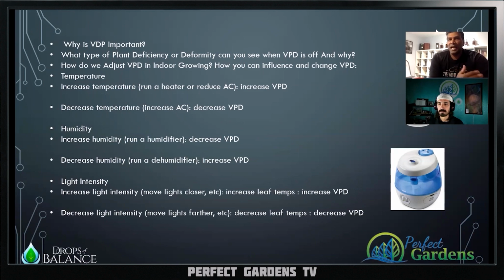It's a tool to measure the difference in the amount of gases, or in the case of our controlled environment, the vapor pressure that's in the air compared to the vapor pressure in the leaf. Arguably, it's trying to talk about that difference between the amount of vapor pressure or gases that are collected in the leaf and how much is in the air. And that difference is the ability to really have transpiration happen within the plant.